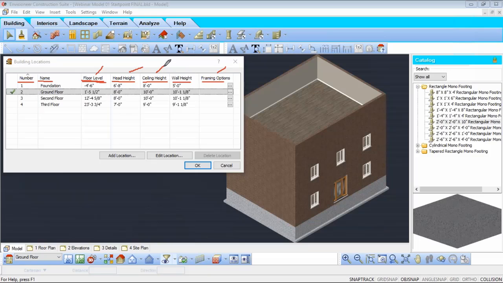Whereas for our head height, ceiling height, and wall height, these are independent properties, and previously inserted items, walls, doors, windows, etc., are not going to adjust when we come in here and make changes. Only things we insert after we make the changes are going to update. So I'm just going to clean up my screen here,